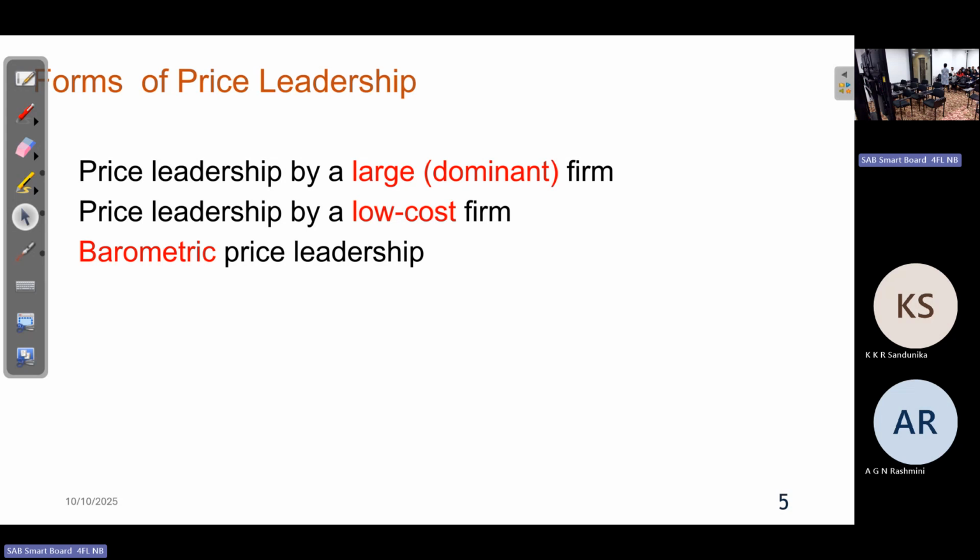Coca-Cola in the world, in soft drink companies. Okay, Coca-Cola maybe has the higher market share, thereby being the dominant price leader. What else? In airlines, what are the examples? In airlines, in Sri Lanka, maybe that is not highly applicable. But when we take other countries, there are many airlines functioning in one country. So again, there could be a dominant firm and maybe a low-cost firm as well, and also a barometric leader. What else?